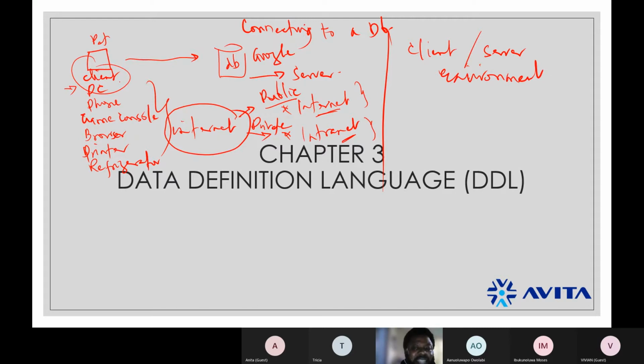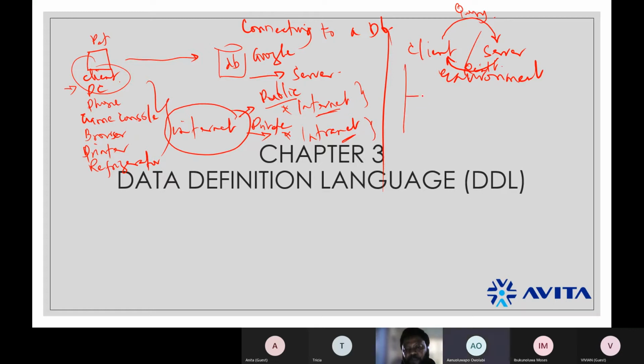And the question is, what is a client server environment? A client server environment is when a client is trying to retrieve information from the server, and the server is trying to give information back to the client, right? The client system is trying to retrieve information from the server, and the server gives a result. So the client queries the server, and the server gives a result, right? So you have a movement from client to server, and you have the server to client movement, right?